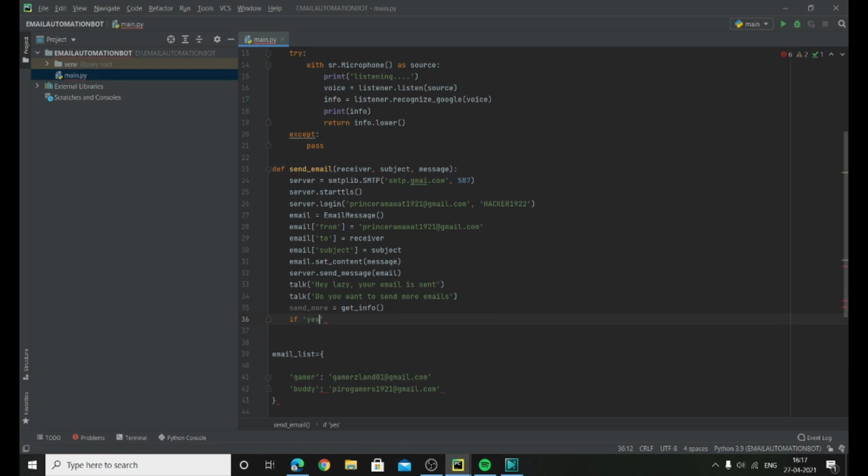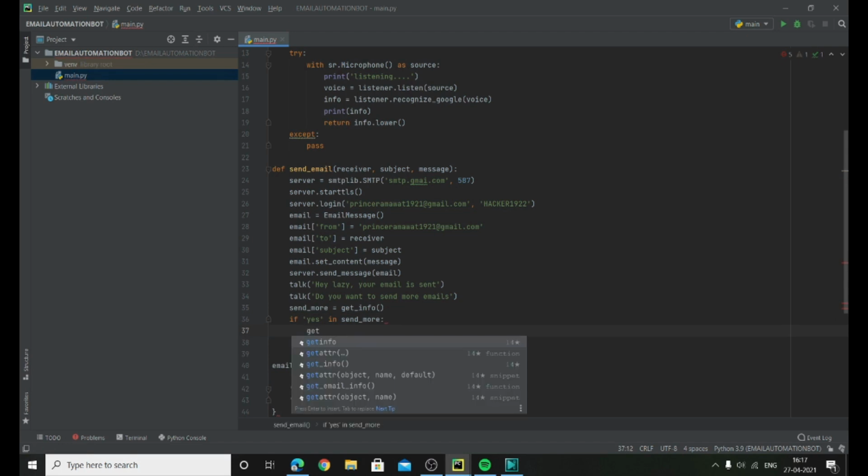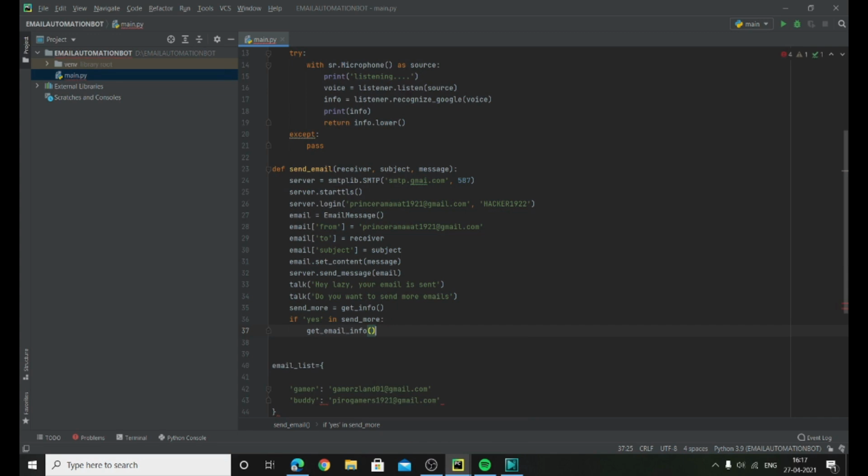If we say yes, then it will get email info. It will again ask us the information of the receiver, because maybe we are not sending to the same user, we send to another user. Then we will get email info, we got the information, and that's it. Our bot is fully ready.